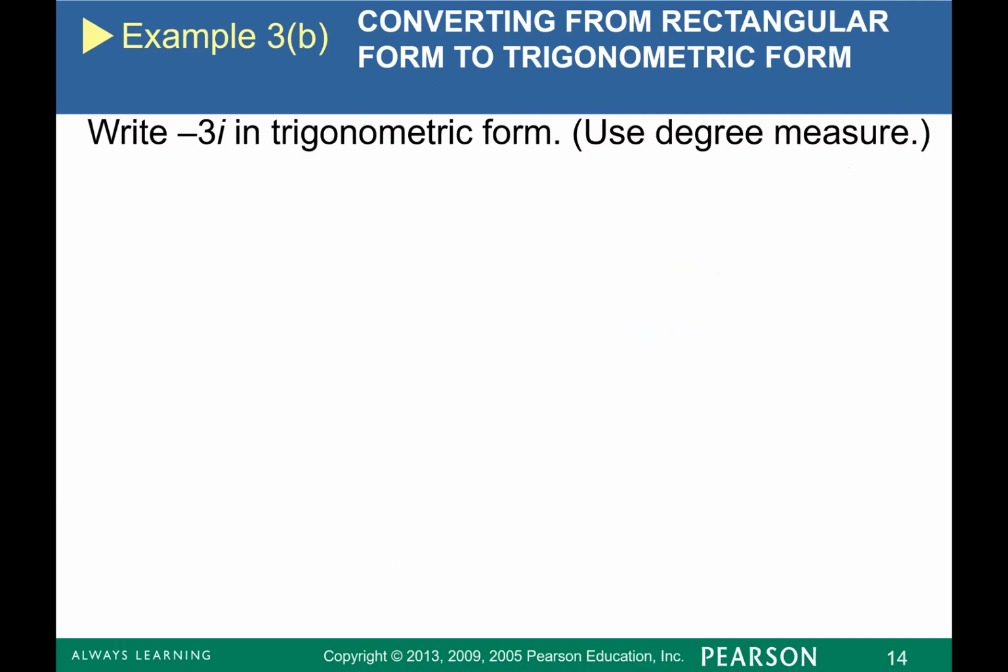Okay, write negative 3i in trigonometric form. You want to try this on your own? This is in degree measure. I guess I can try it on my own. What would be the a plus bi form of this complex number? It would be 0 minus 3i. There you go. So it's 270, isn't it? Because it's going down. Yep, that's 270. And R would be,